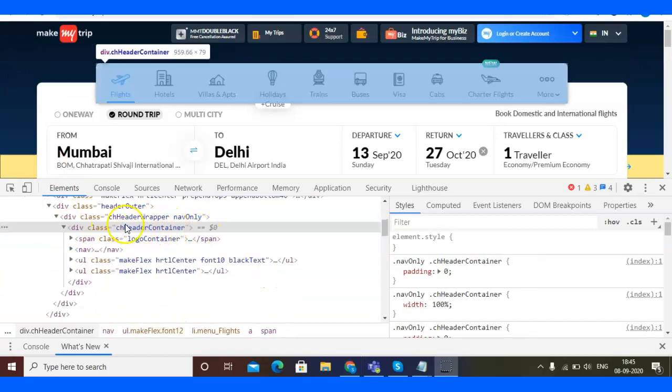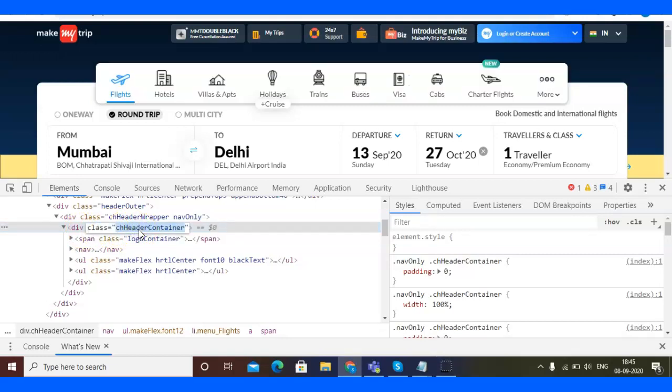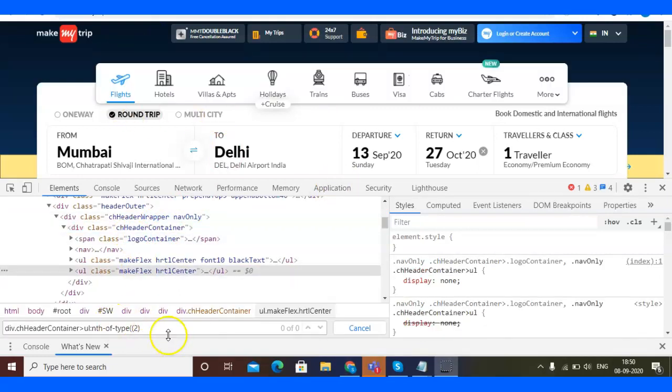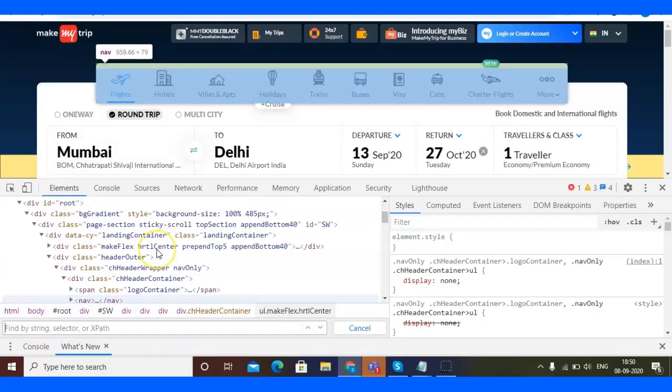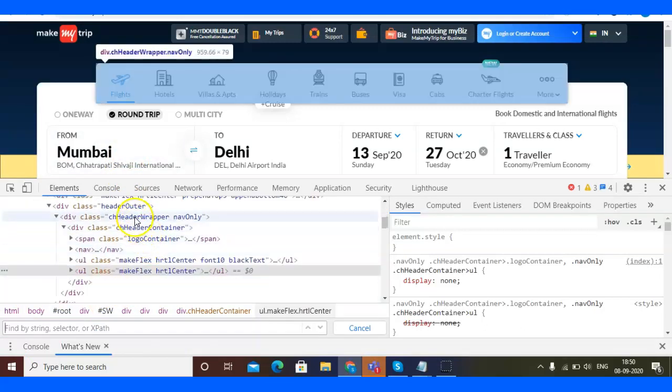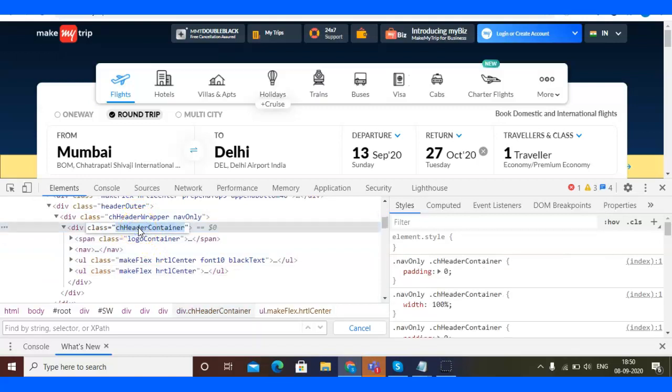Got this example. So I have this div tag with this class attribute, and this is the value. So this is the header containers. Okay, so let me just write this properly. Just a moment guys. Okay, inside this div tag, the parent div tag, we have four children: span, nav,